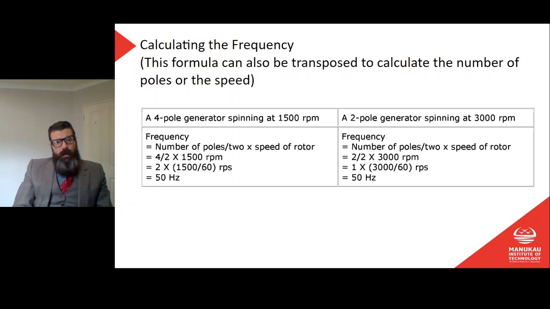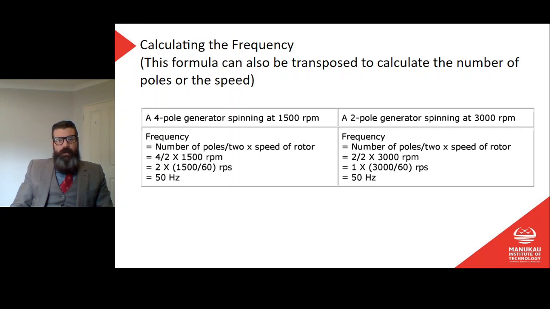That's because our frequency is dependent on the number of poles and the speed of the rotor. So if I half the number of poles, I half my frequency. But if I double my speed, then I double the frequency. If I half the pairs of poles and double the speed, then I keep the same frequency. And so this is the standard. We don't use any other numbers. We don't have